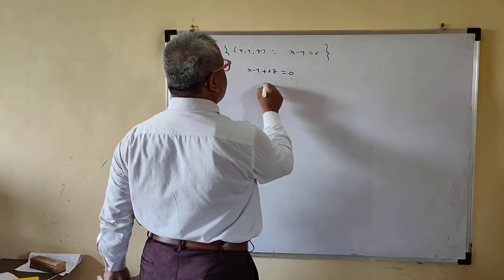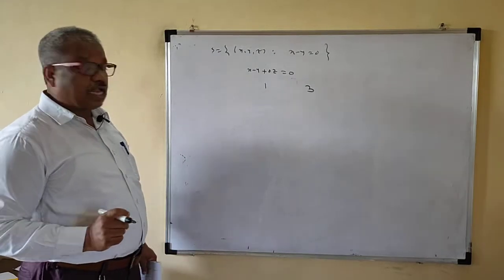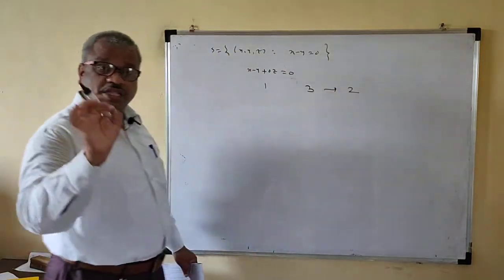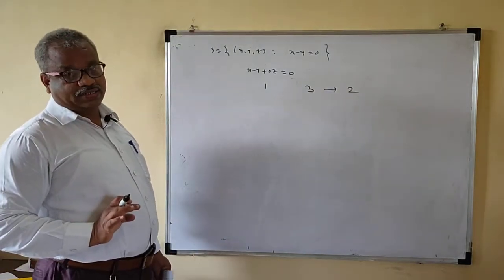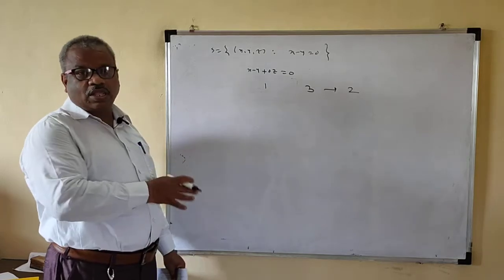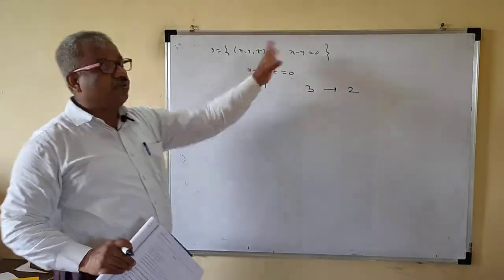So the number of equations is 1. The number of unknowns is 3. That means how many free variables are there? 2 free variables are there. So in the basis there are two vectors. Just choose your option. In which set do the two vectors lie? If all the sets contain two vectors, just check one by one which satisfies your equation.